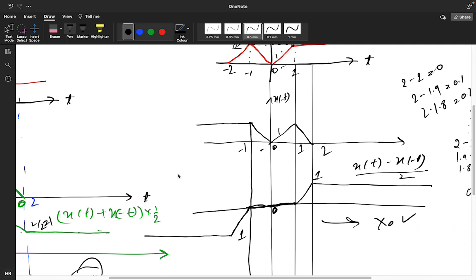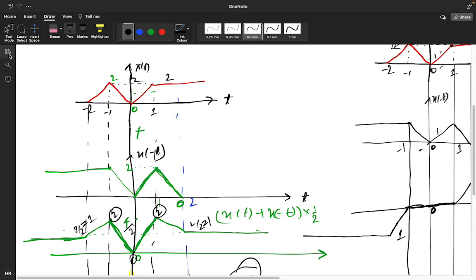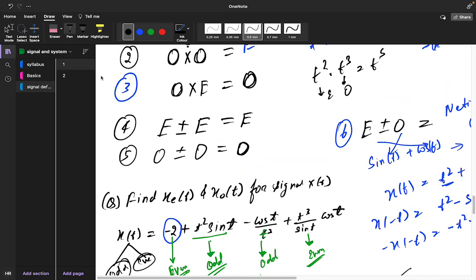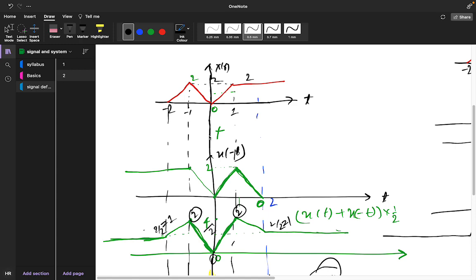Nice. So this was a very important concept. And how to plot the graph, I think if you understood, then it's very good. Now this was the story of even and odd signals. Now we are going to see the second part. Okay, so we had completed this one, even and odd signals. Okay, now we'll see